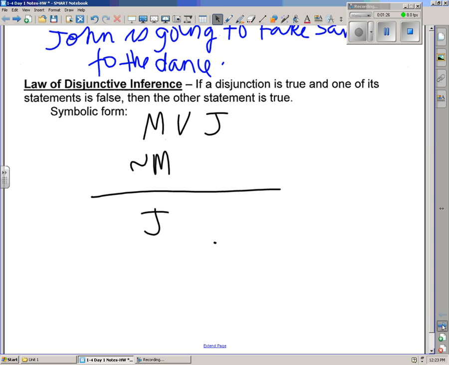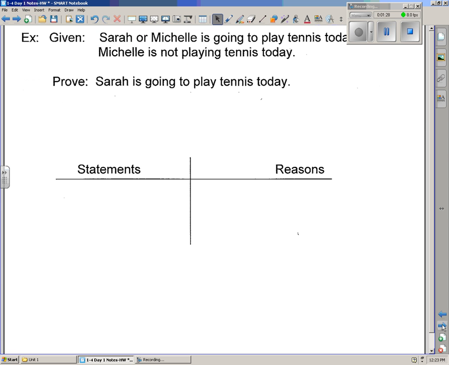The way this works in a proof would be something like this. Again, they give you some given statements. We'll have to put them in symbolic form. And they ask you to prove something. So the given statements are Sarah or Michelle is going to play tennis today. So for given, symbolically, we might as well use the initials again. Let's say S or M, Sarah or Michelle. We're also given that Michelle is not playing tennis, so negate M. We're asked to prove